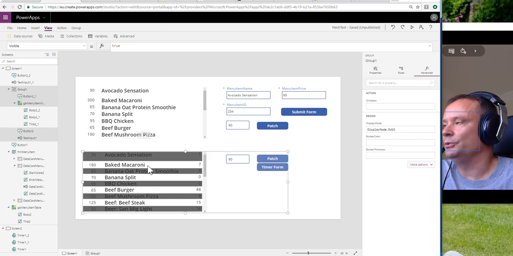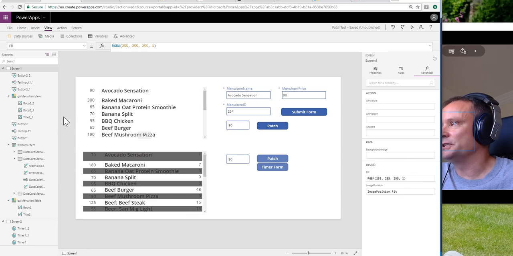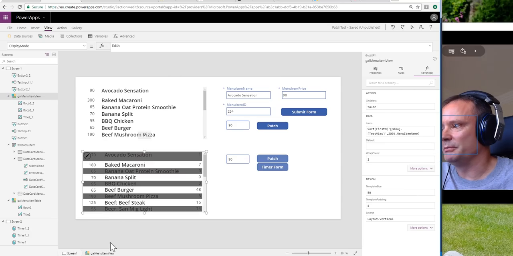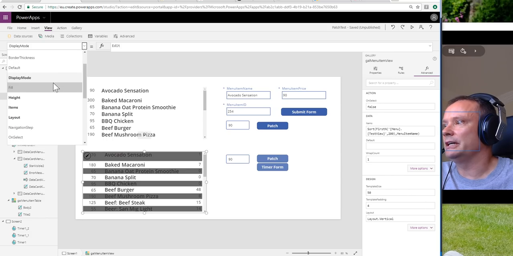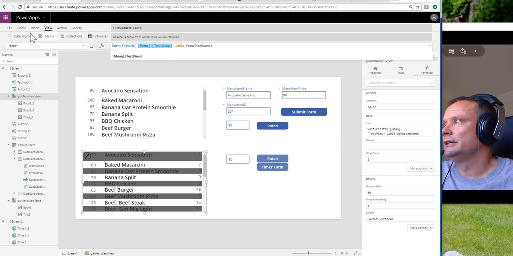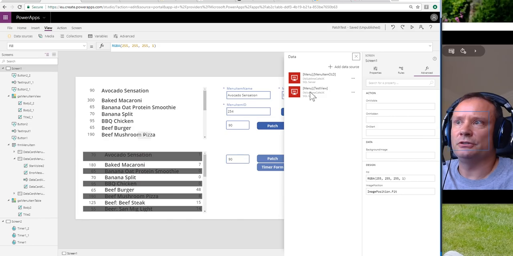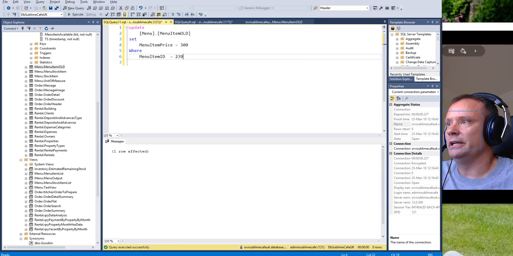So I've got a view. Give me 1 second. I grouped them together so that I could make them all invisible in one go. So let's ungroup them so I can work with them a little bit more easily again. So in my gallery, we'll just see here that I've got a different data source for the gallery. This is getting it from a view that I've just called test view. So in my data sources, you'll see here I've got another view called test view, and in my SQL Server,